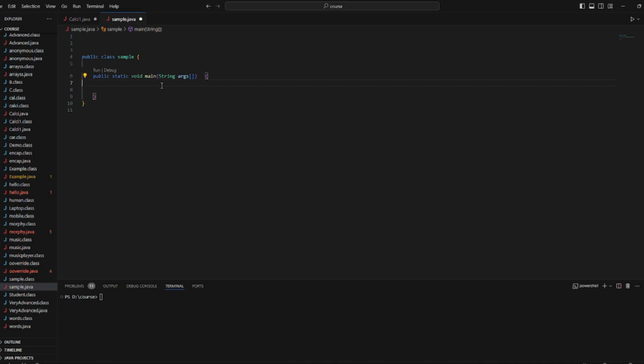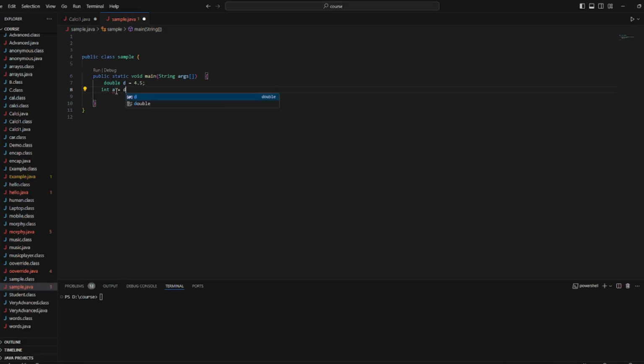Today we are going to have a look at downcasting and upcasting. Before talking about downcasting and upcasting, we should recall what typecasting is. Let's say I have a variable d which is of type double, and I want to save this double d in some other variable, but the variable is of type integer.